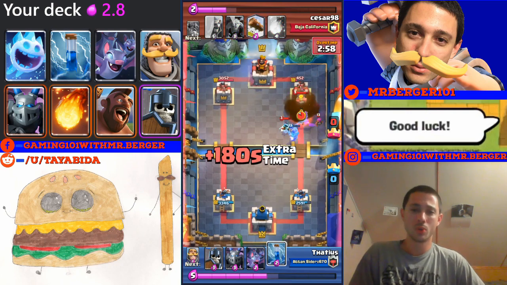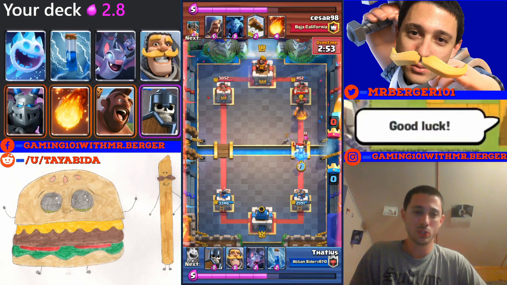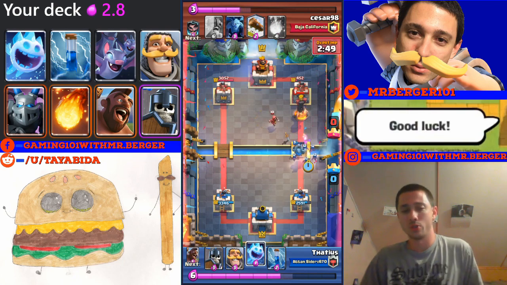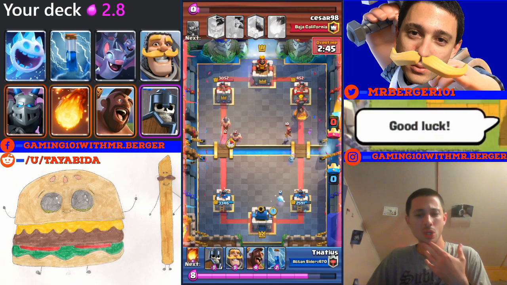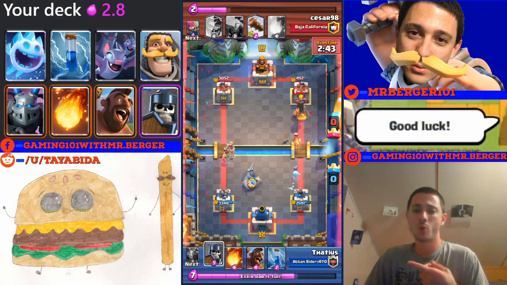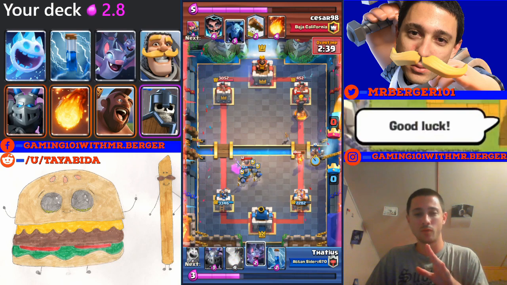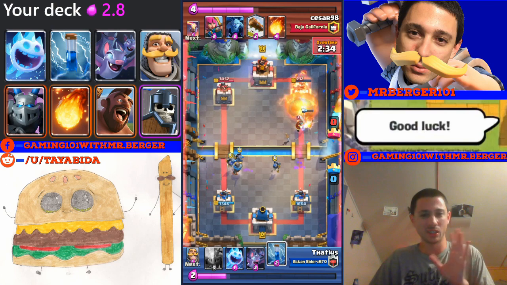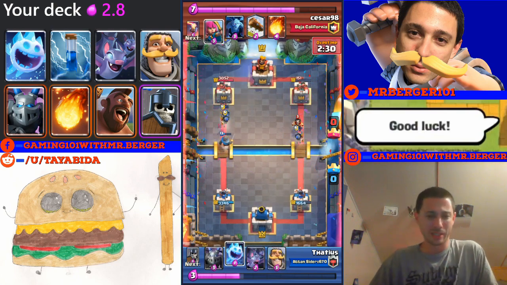Now, of course, we got the Zap in there, and why don't we go ahead and talk about both the spells at the same time. I think this is really important to note. There's a certain synergy that you want to go for in a lot of decks with the spells that you choose. So, I've played Hog Poison, I've played Hog Lightning, I've played Hog Fireball. I decided for this deck, since I'm kind of going for ladder pushing, and I wanted to play a classic Hog Cycle deck with high level cards, I was going to go for the classic